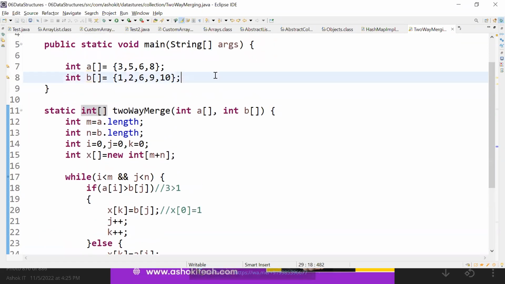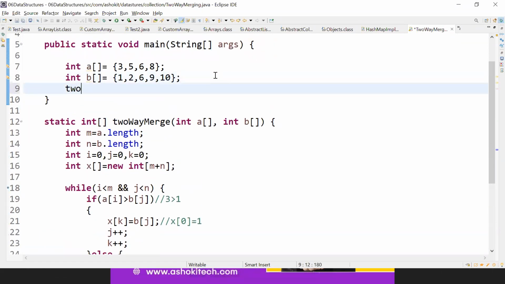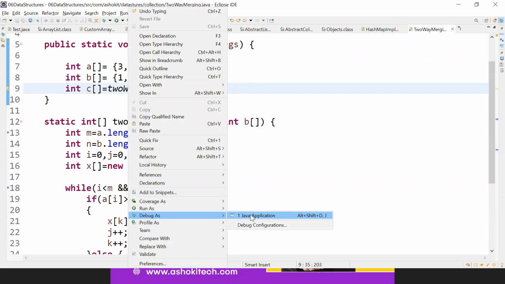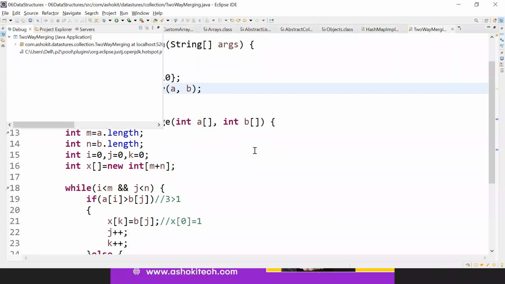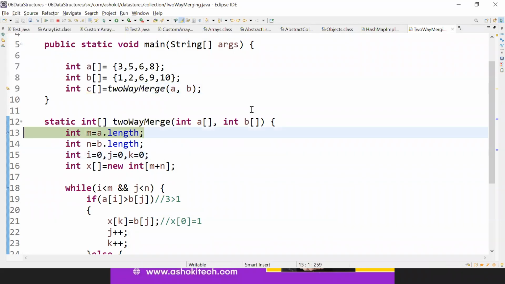Let me call this method twoWayMerge A comma B. Now let me put int C equal to. Okay, done. Now let me start the debugging. Right click, debug as Java application. Okay. Now if I debug,